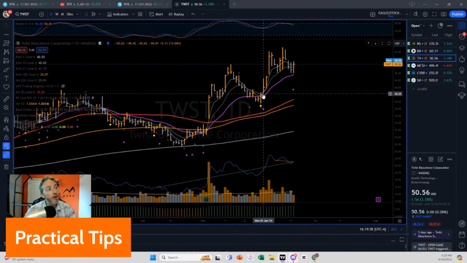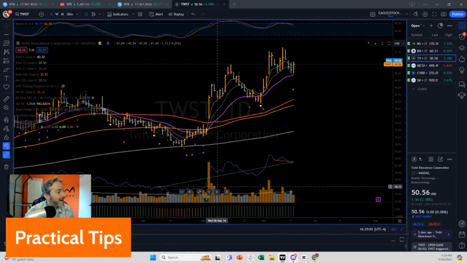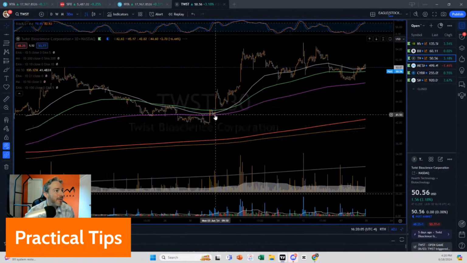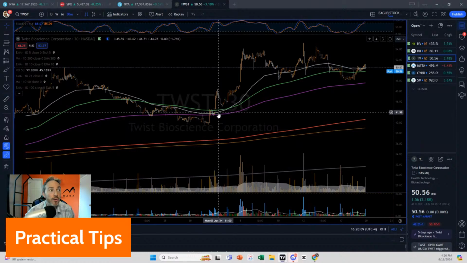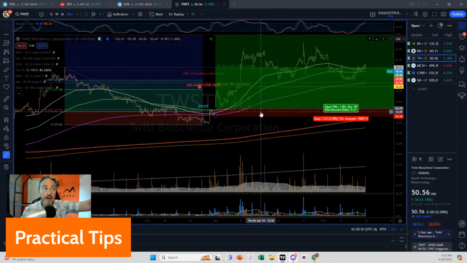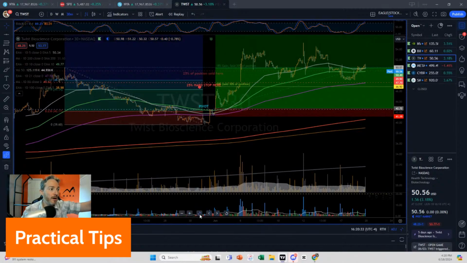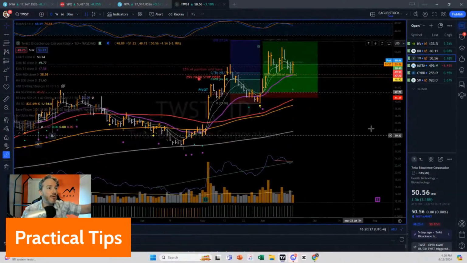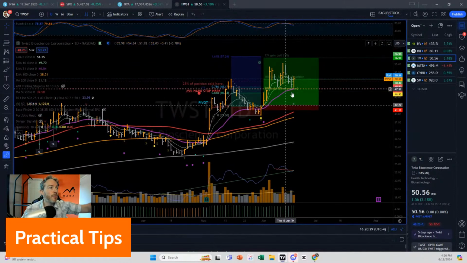And one of the things that I noticed on this one, here you're getting a master class, was that it was tightening up down here on the 30-minute, right around the 21 period moving average. So what's that do? That gives us this really tight compression where we could get in with very little risk. I only took 3.5% risk on this one. So far, it ran. How much did it run? Close to 25%.